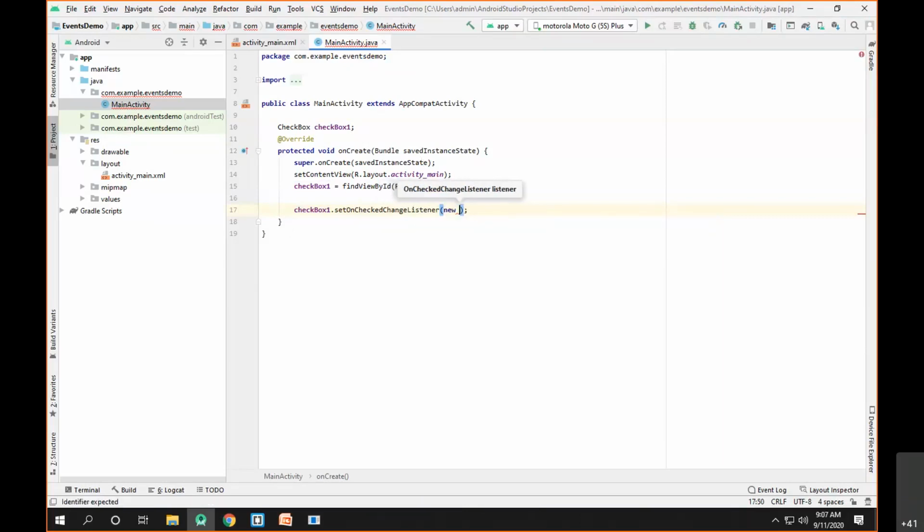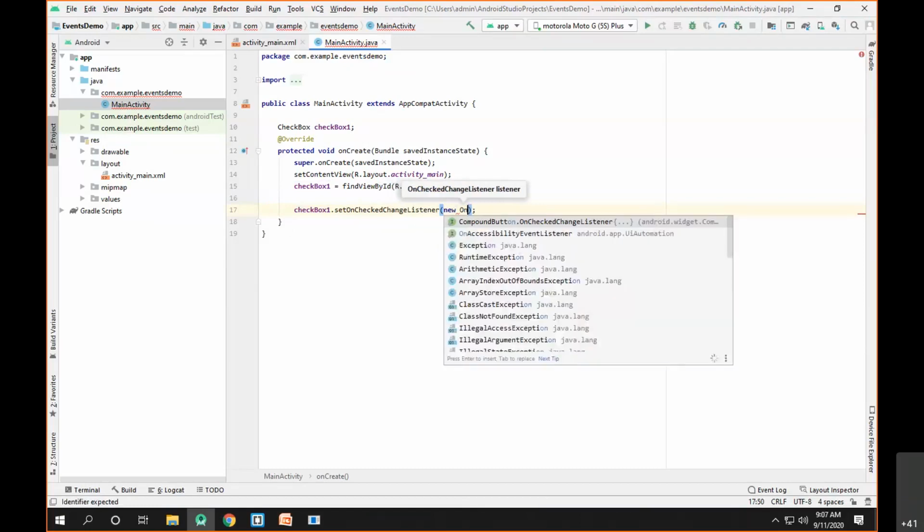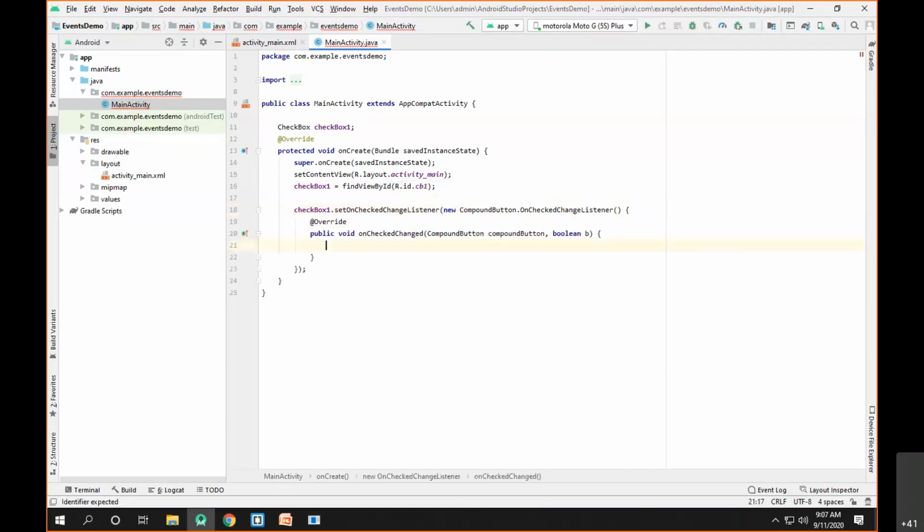We are going to create an anonymous inner class here: new OnCheckedChangeListener. The OnCheckedChangeListener consists of one abstract method, because all the listeners are nothing but interfaces, and since they are interfaces, the methods are abstract.